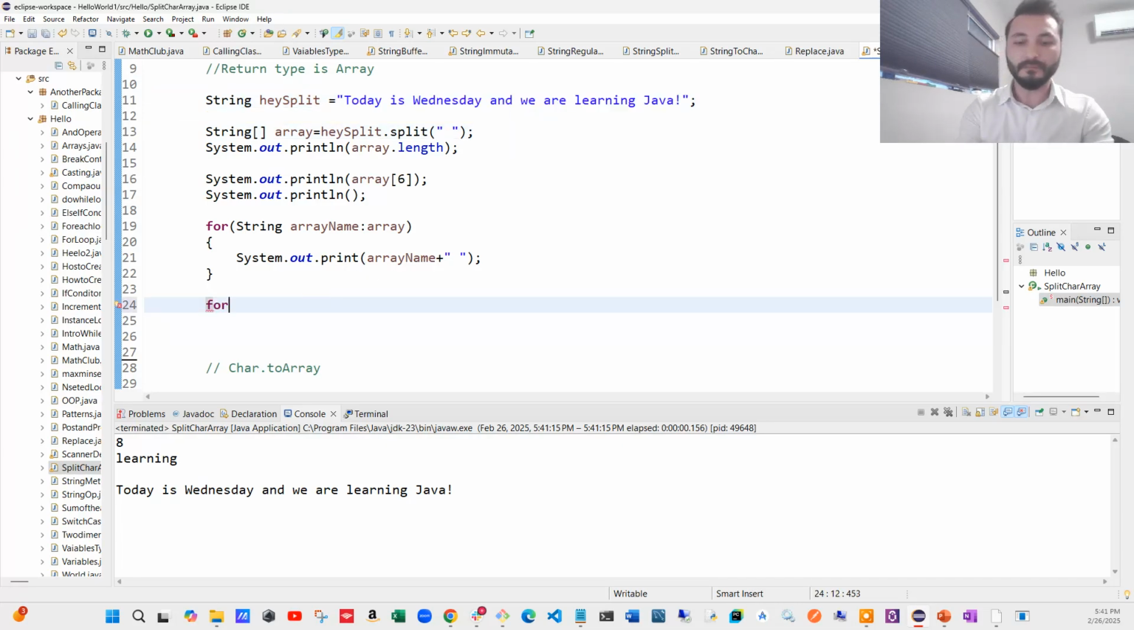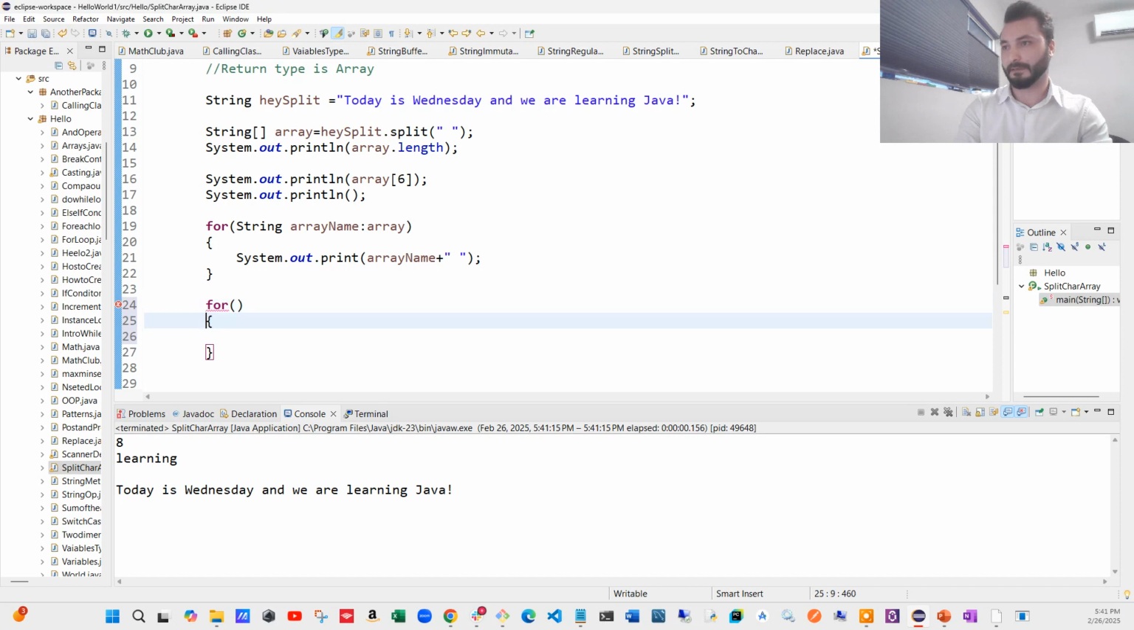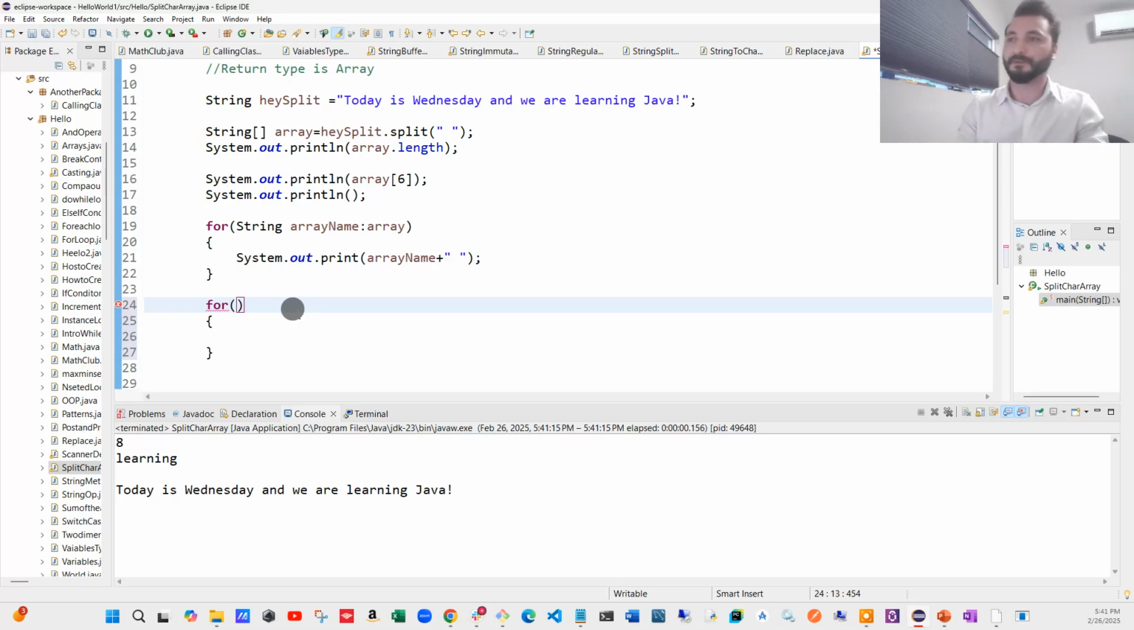So if you're using a for each loop, you are not going to be able to reverse your string. But how do we reverse it? If you start from the last index, then you are going to reverse it. To be able to do that,